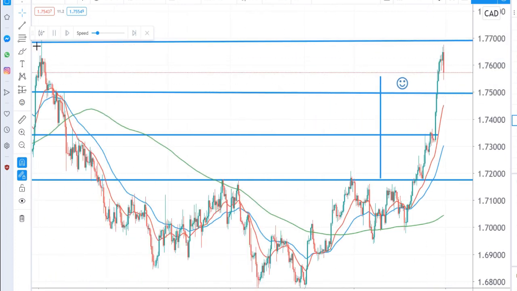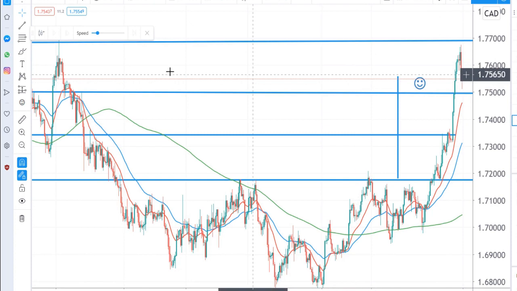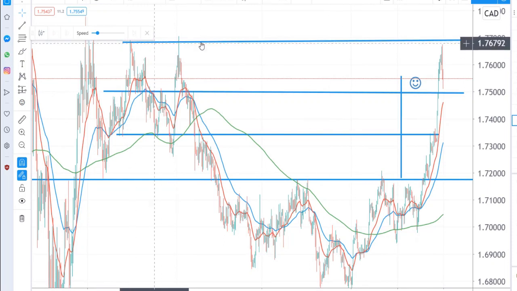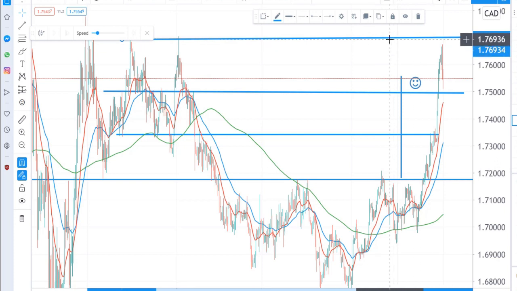and started rejecting. So notice how up here at the wicks, and then it starts rejecting down. So why is that important? Well, it's important because notice how it didn't quite get to the top. So if you were super greedy and you were looking at these full wicks up here for whatever reason, that